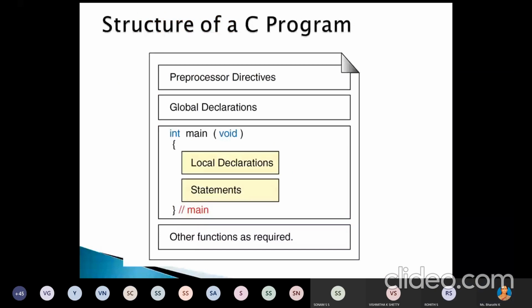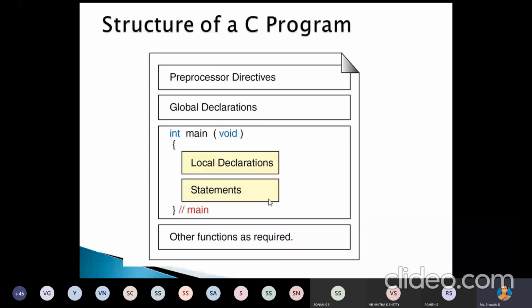Now, structure of a C program. Here, how can we write a C program? First, we have the preprocessor directive block. Then we have the global declaration block. Then we have the main program. Under the main program, we have the local declaration, and you can write different statements based on that particular problem.